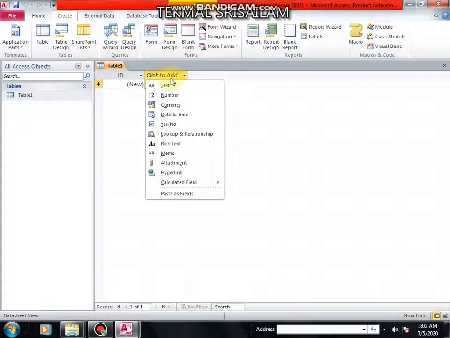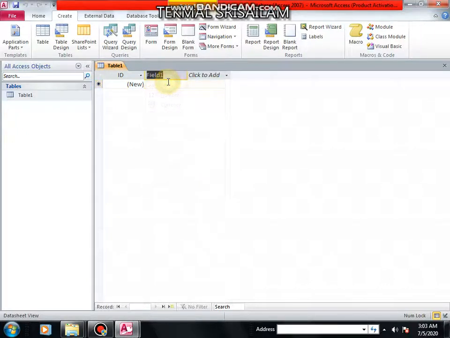I am selecting text and then typing the field name, something like product name. So I selected the type of field as text.